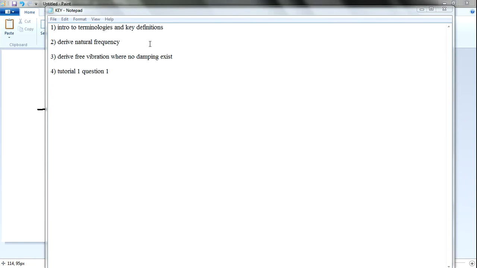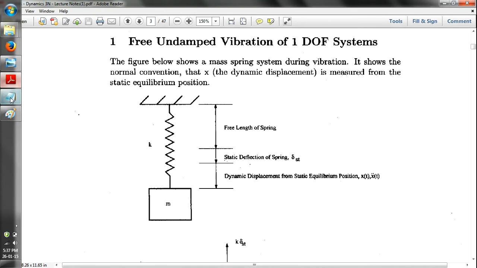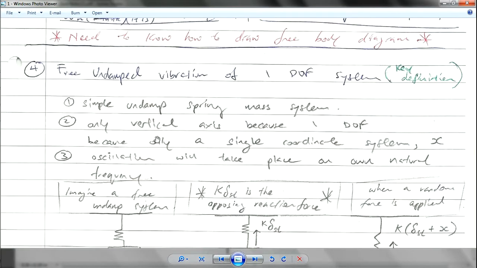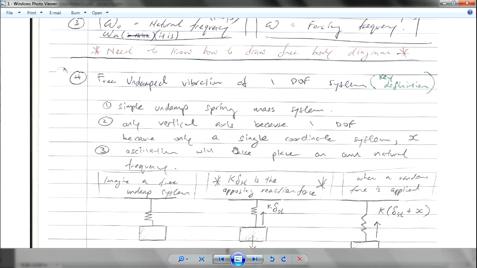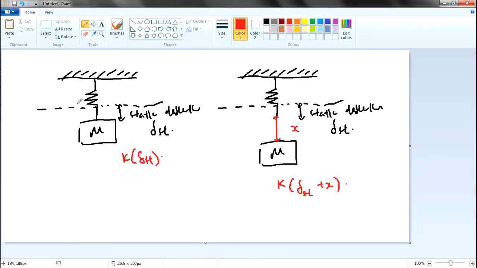This video will talk about deriving the natural frequency, okay, and then what we need to do is let's take a look into the diagram. This is the diagram itself. When you have a mass, mg, and then when you put it there,